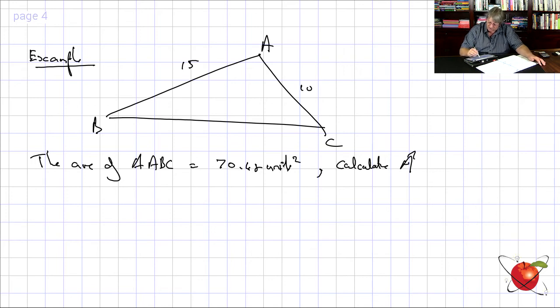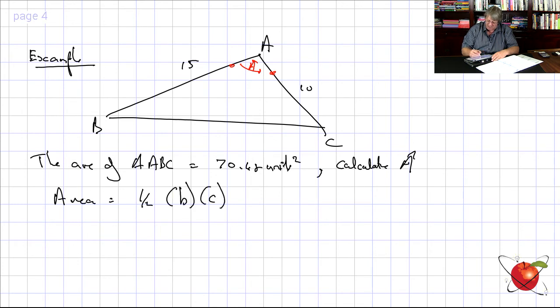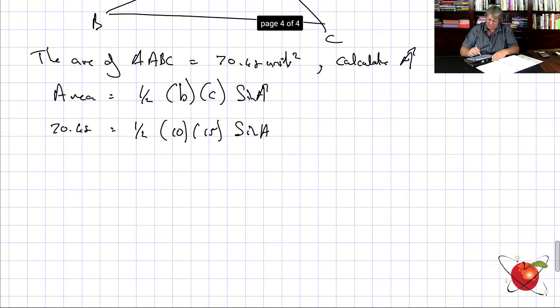Right, so what are they asking us to do? They're asking us to calculate this angle here, aren't they? Now they've asked us, this is the included sides, and already they've given the area, so therefore we know we're going to be using area is equal to a half BC sine of angle A. So area 70.48 is equal to a half of 10, 15 sine A. You guys know where this is going, I'm sure. We end up with sine A